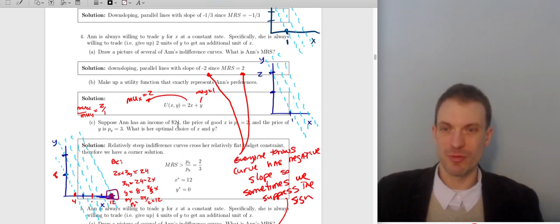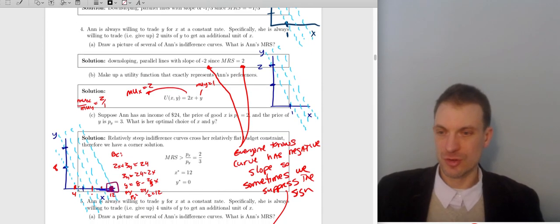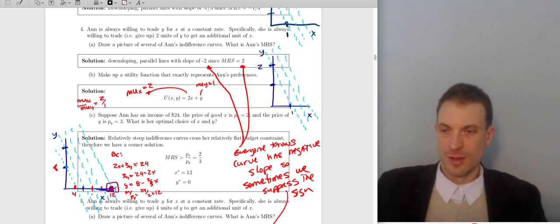Suppose Anne has income of $24. The price of good X is 2. The price of good Y is 3. What's Anne's optimal choice? Well, look, the price ratio is going to be 2/3, PX over PY. The indifference curves are steeper. Steeper indifference curves mean we're going to have our all-X solution. Sure enough, I've drawn this picture here. So that's because the slope of the indifference curves is 2. The slope of the budget constraint would be